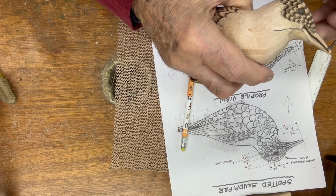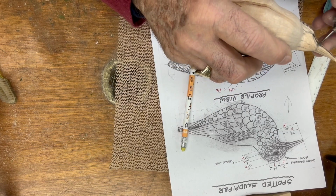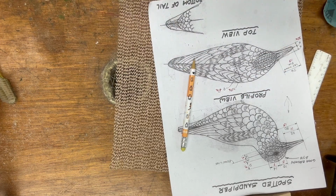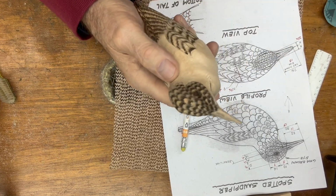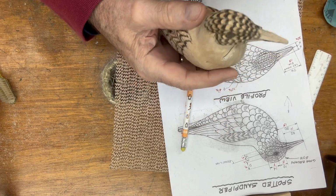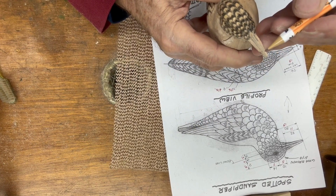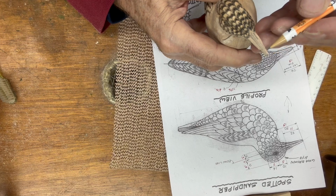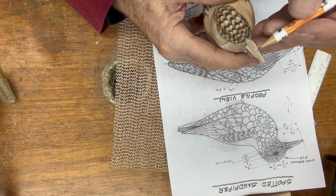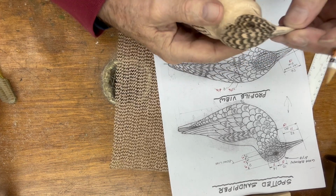I was just thinking of that. And then down on the bottom here. Okay. And that should finish it. And the ball sort of gives you a perfect setup, but you got to make sure you stop here, you know, 1/8 of an inch from the end, and you have that concave area right in here. Okay. Now,